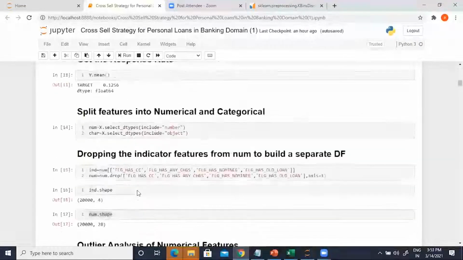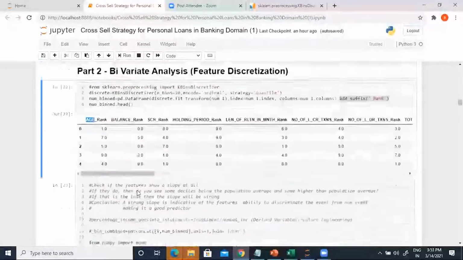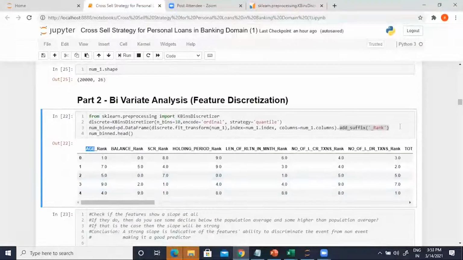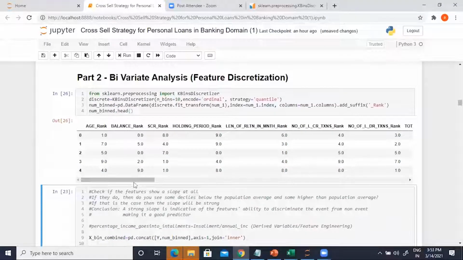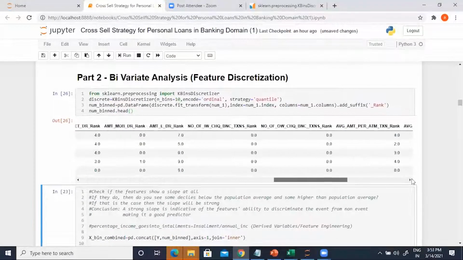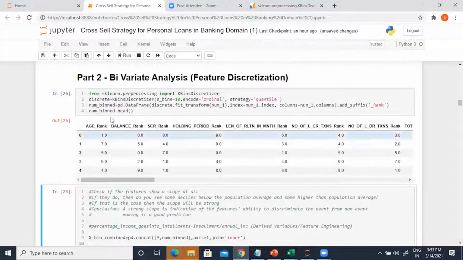If I'm dealing with 1, 2, 3, 4, I want to call it age_rank. An automated way of doing that is just by calling the add_suffix function. You can call add_prefix also, up to you. I like to call the suffix function and I give the suffix _rank. So let's go ahead and run this. Wonderful. So all the features, 26 features, have been ranked and they are called rank now. Okay. Did all of you get this output?